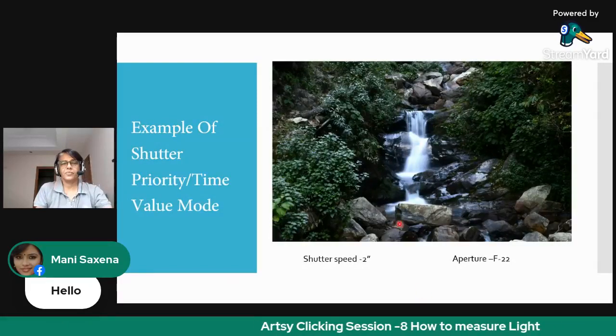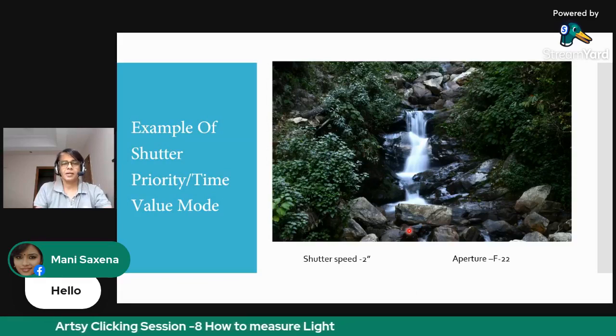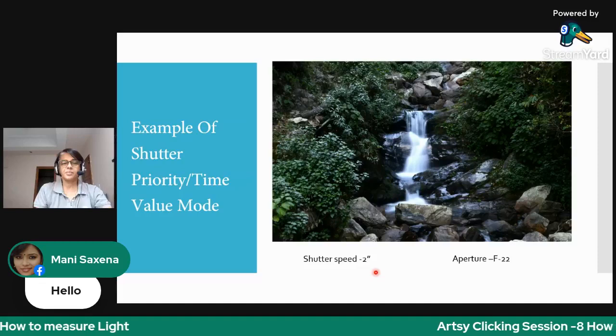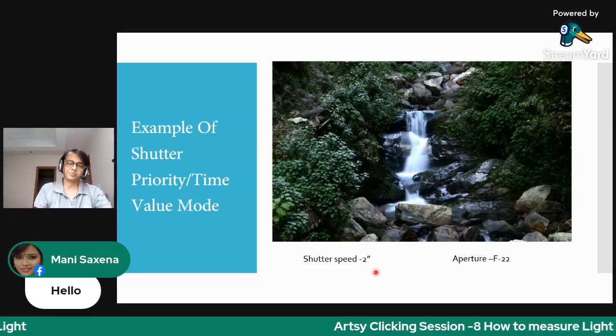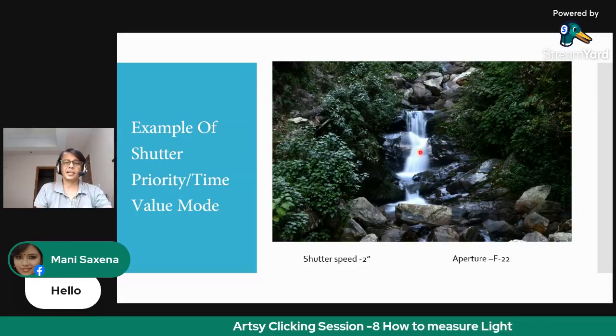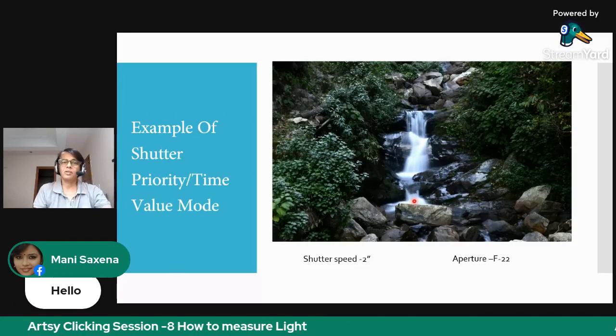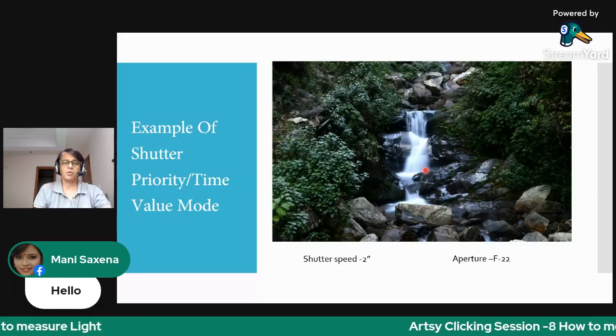See, so I took this shot, and for this shot, I took the shutter speed of 2 seconds because I wanted that soft appearance of the waterfall, and it could be created only by a long exposure.